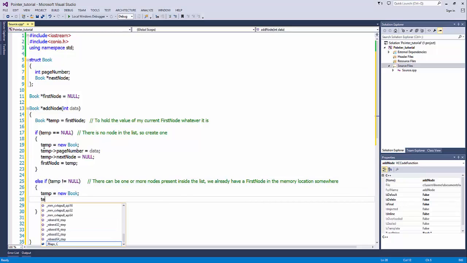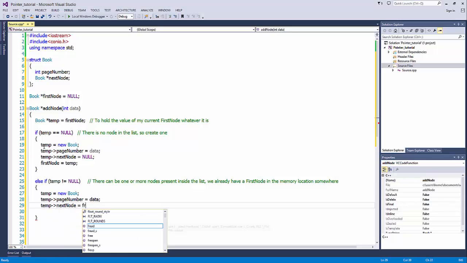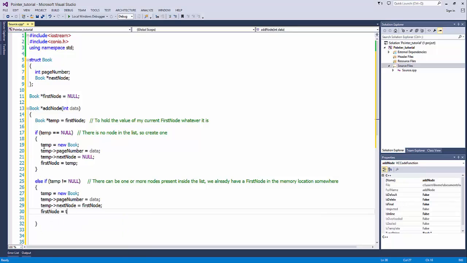Okay, so again, temp's page number will be data, temp's next node will be my current first node, my first node will be my next node, right? And the temp will become my new first node. Make sure you do this assignment before you run this